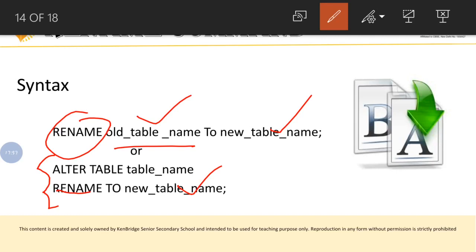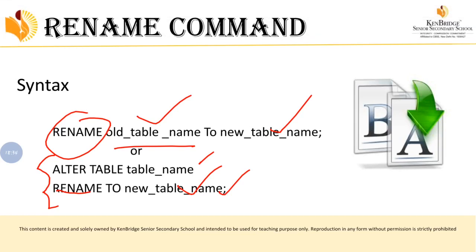Whenever you are using alter for renaming the table, you have to write these 2 lines. Only when you write these 2 lines will the corresponding output be delivered to you. Otherwise it won't. Because it is alter table name, then rename to new table name. First it will alter the table name, then it will rename it. Whatever name you want to change will be renamed for that particular table. So this is a way to rename the table.